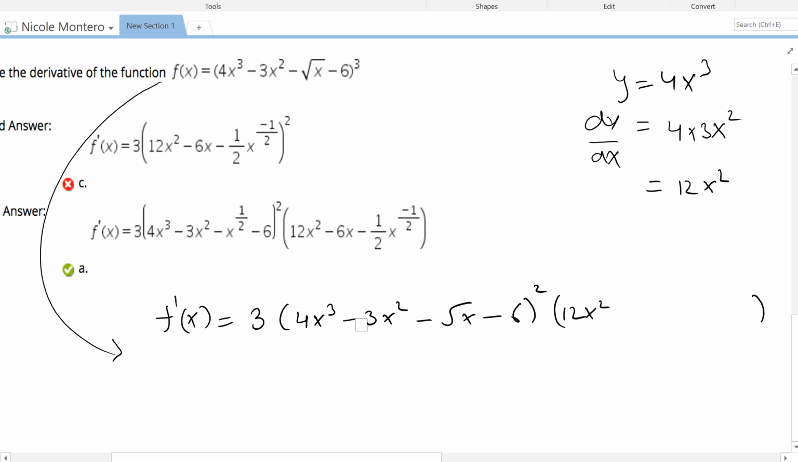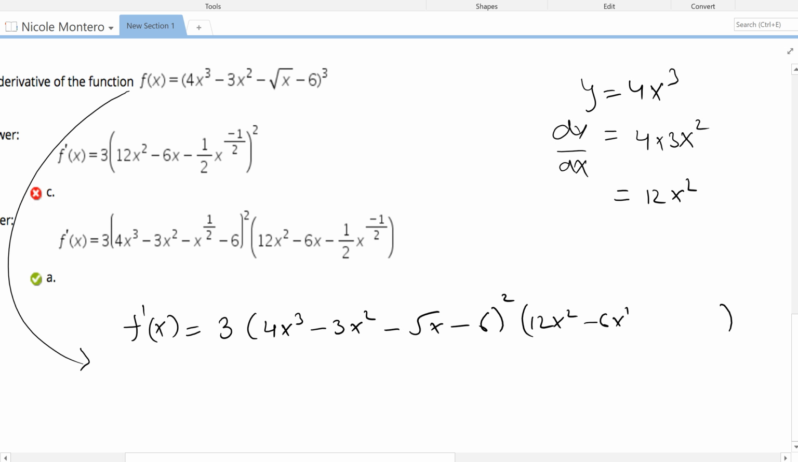So the 2 multiplied by negative 3 is negative 6. And we reduce the power by 1. So we have 1 there. Good. Now the next thing is